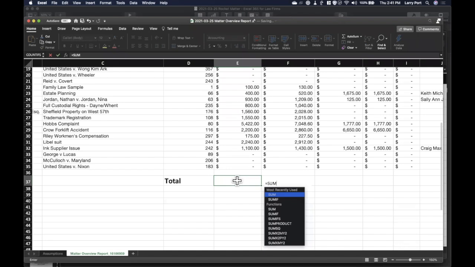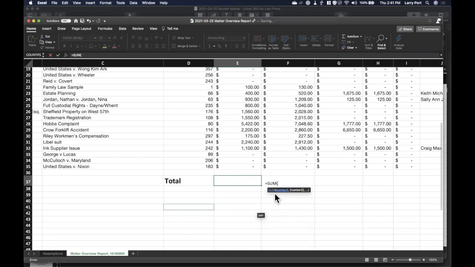Excel has all of these built-in functions that you can take advantage of. Some of them are for statisticians and options traders on Wall Street, so you don't need most of them. Don't get daunted by some of this horrible looking stuff. So just click on SUM.